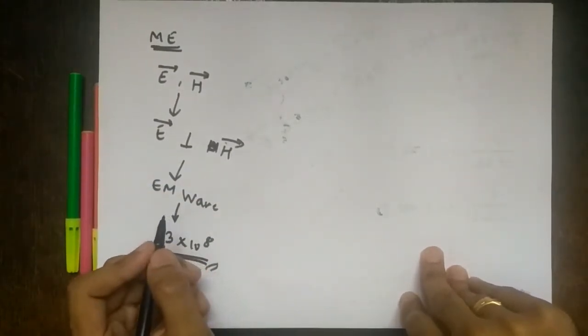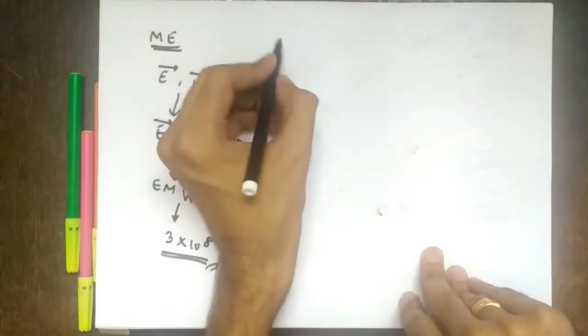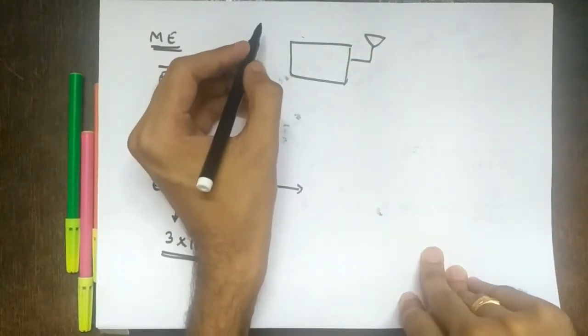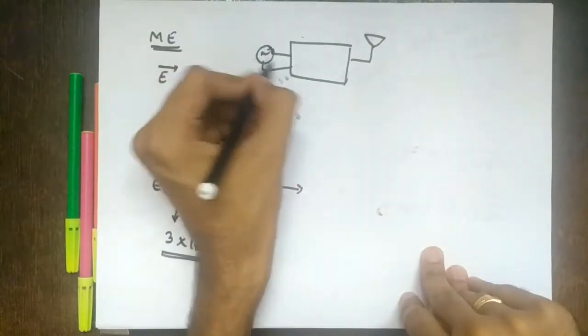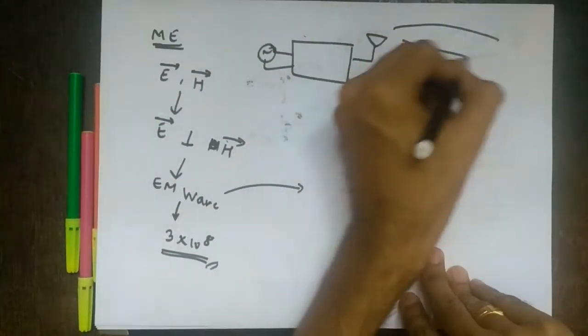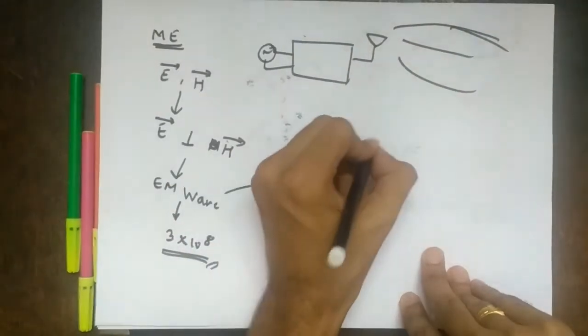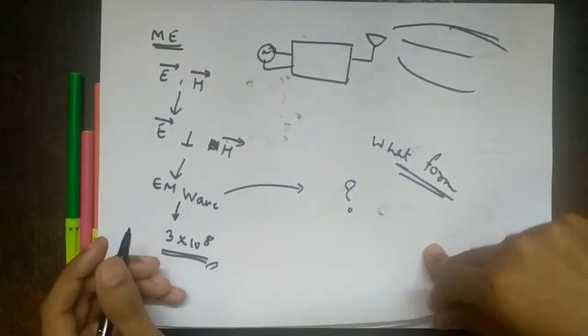So the next obvious question is, what if the waves are traveling? Obviously, we have some communication system finally connected to an antenna, right? And we are giving a source, we have an AC source here, right? It means we are giving power. So somehow that power is going through it, right? How is that power going? In what form is it going? That we don't know. So we try to find that in this topic, right? This topic is basically to find out about the power of the traveling wave.